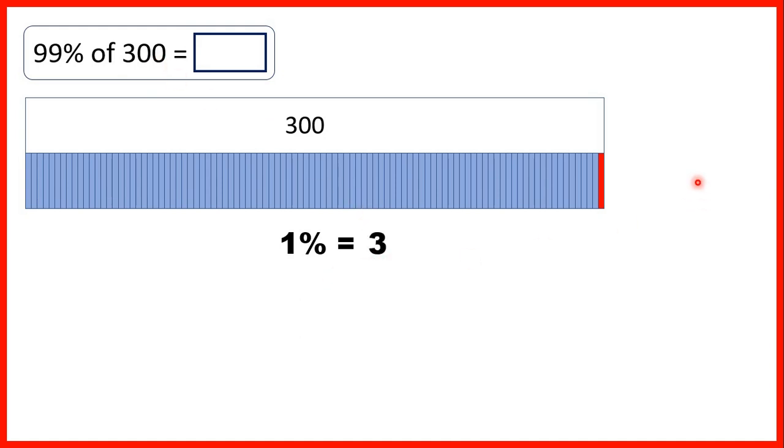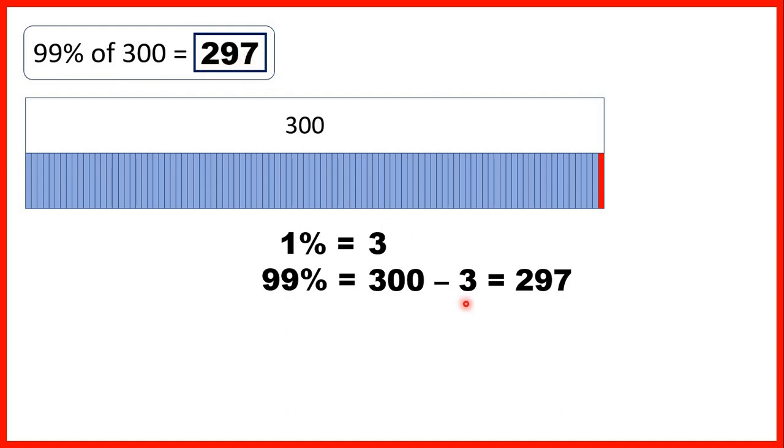But now, because we know that 1%, like this 1% that we have in red here, is 3, we can work out 99% by taking our total quantity and then subtracting the 1%. So 300 minus 3 is 297,